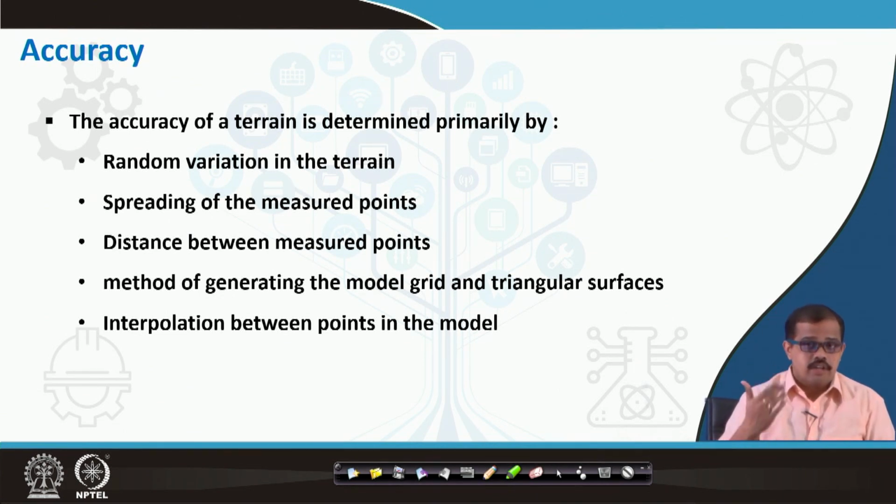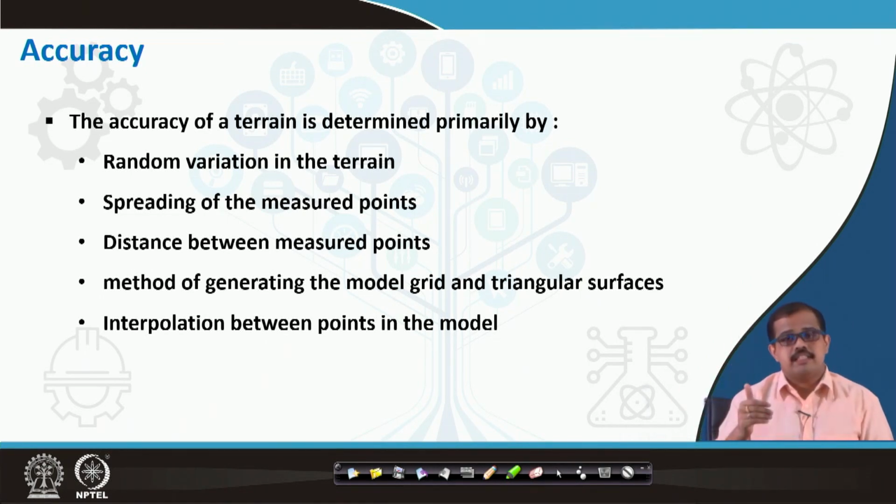It is not a straightforward answer to say what the accuracy of the model is, but you have to look at all of these parameters, basically these 5 parameters, and there are many more, but these are the things that people have to keep in mind in order to see how accurate a particular model may be.